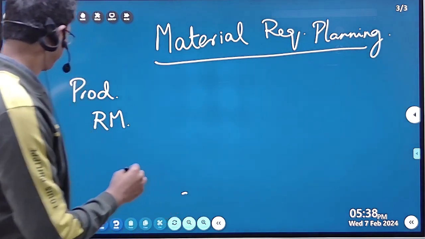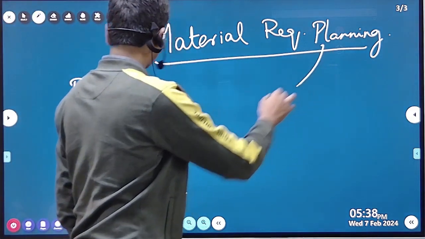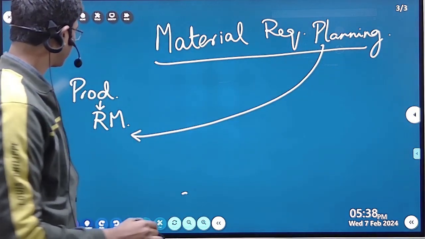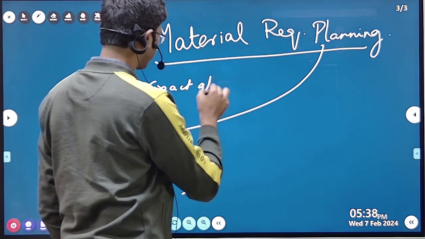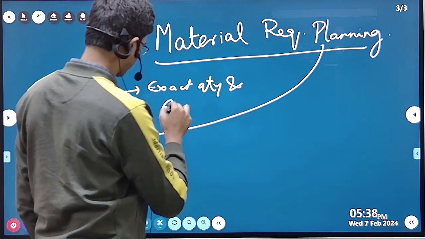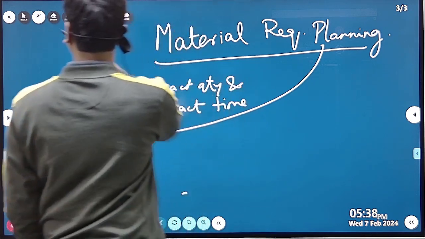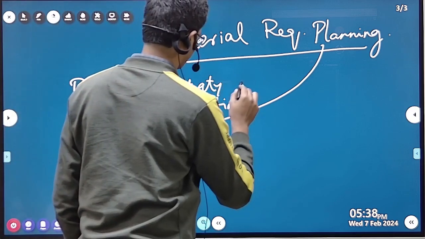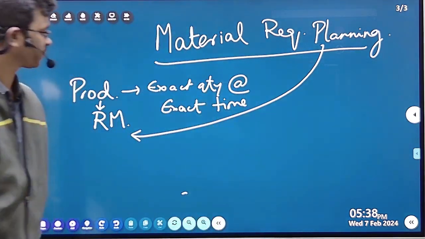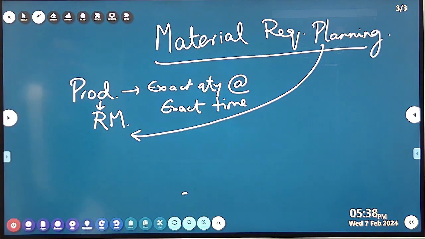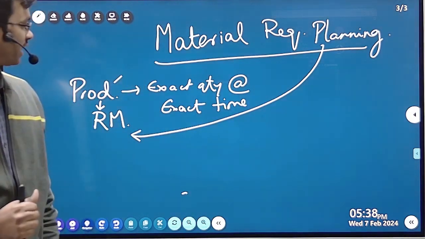So we need raw materials for the production, so we have to plan the raw materials in such a way that the production will get the exact quantity at the exact time, right? So the raw material being available to the production batch at the exact quantity for the exact time is called